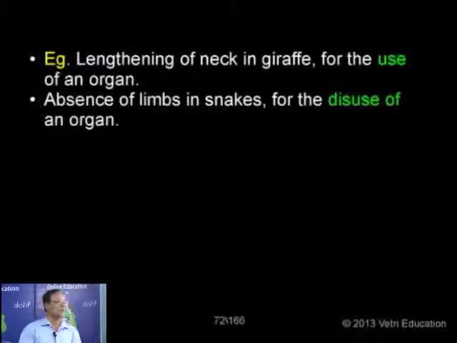And also we have, for example, the vestigial organs. The vestigial organs support the use and disuse concept. You know the meaning of vestigial organs, what we have discussed earlier. The vestigial organs were functional in our ancestors, but are non-functional at present. Because of non-usage, they have become reduced in size, now represented as vestigial organs. So the vestigial organs support the use and disuse concept of Lamarck.